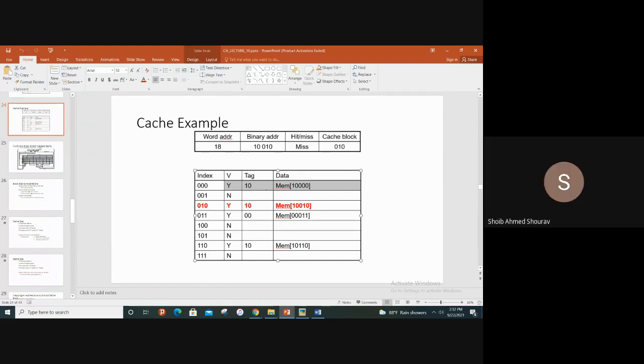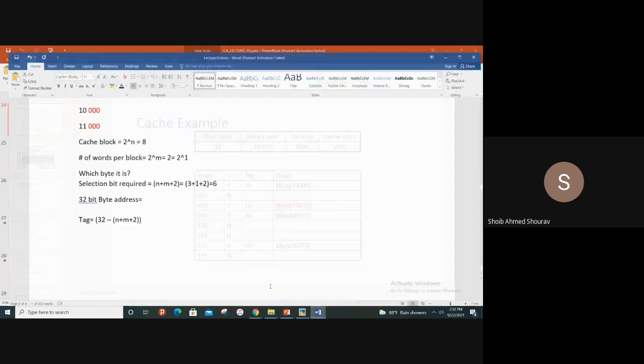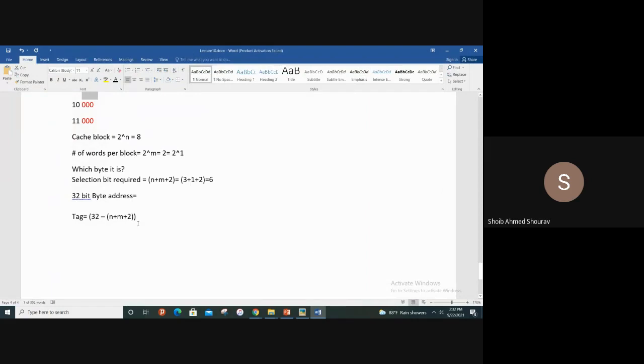So I think I'm very clear to all of you. So I have to only find out the total size of a single index, then I'm going to multiply it with the number of blocks in the cache. Okay, so you guys are going to say what it will be. Valid bit will be 1, right? Now I'm going to find out the